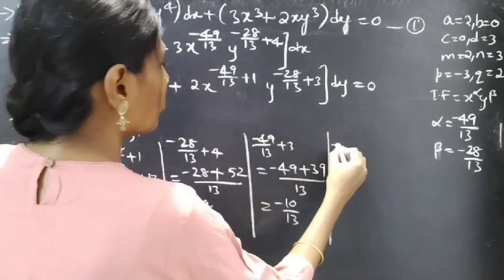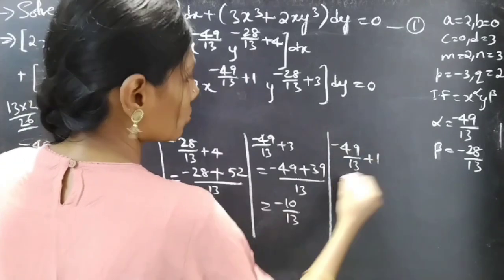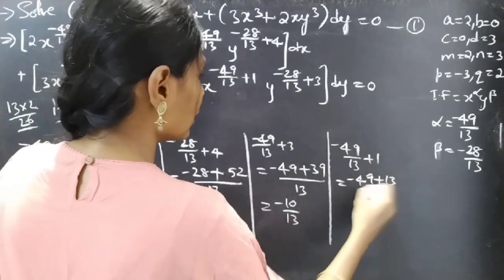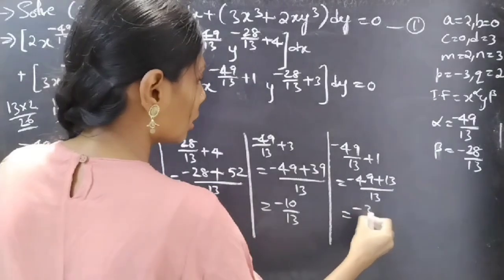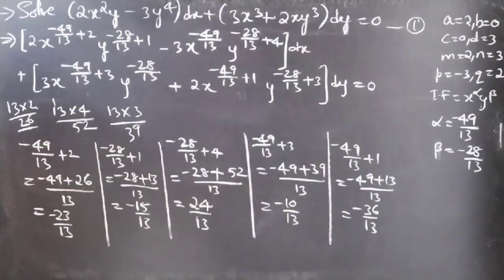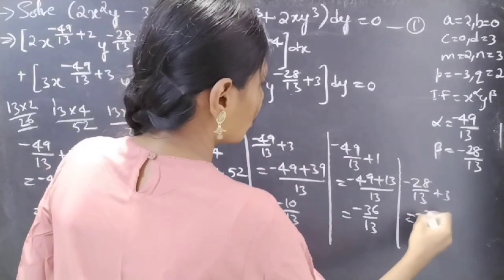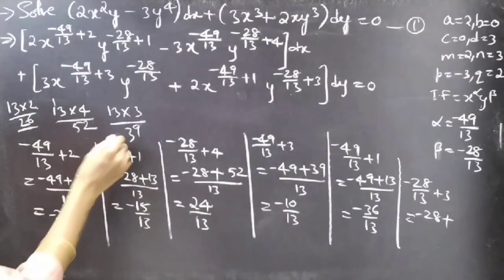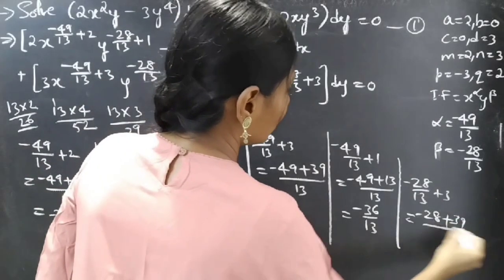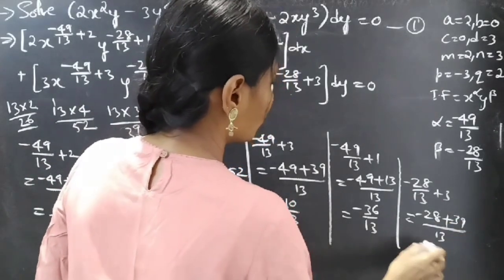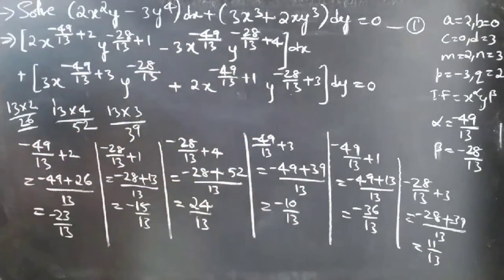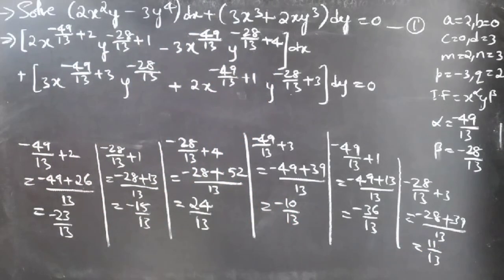And minus 49 by 13 plus 1 gives minus 49 plus 13 by 13, which gives minus 36 by 13. And last one, minus 28 by 13 plus 3 gives minus 28 plus 13, 3s are 39, by 13, which gives just 11 by 13. Okay, this gives us